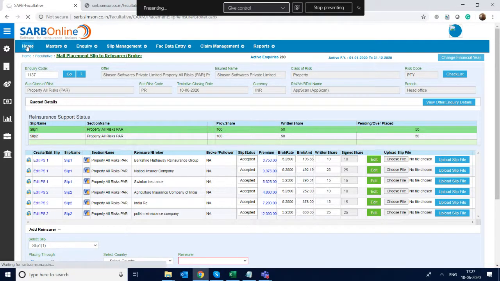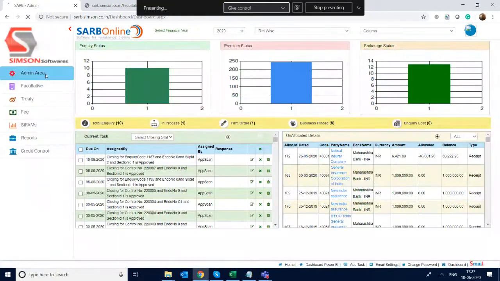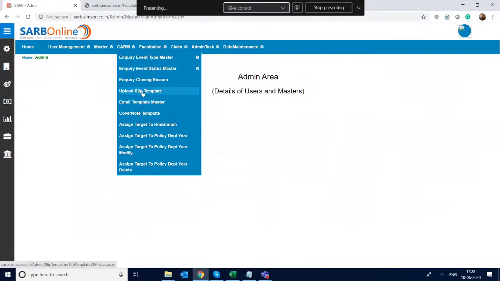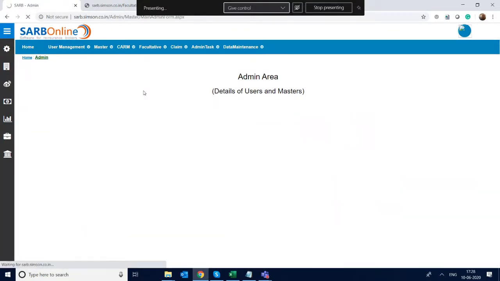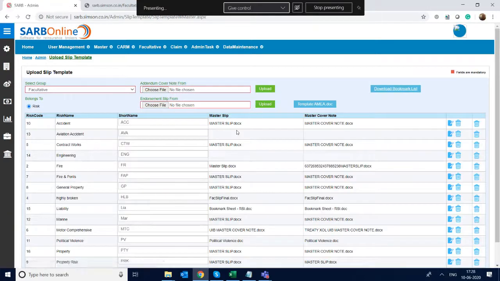So we went to the admin area. Uploaded email templates, sorry, slip templates for class of risk. So our class of risk is displayed here.